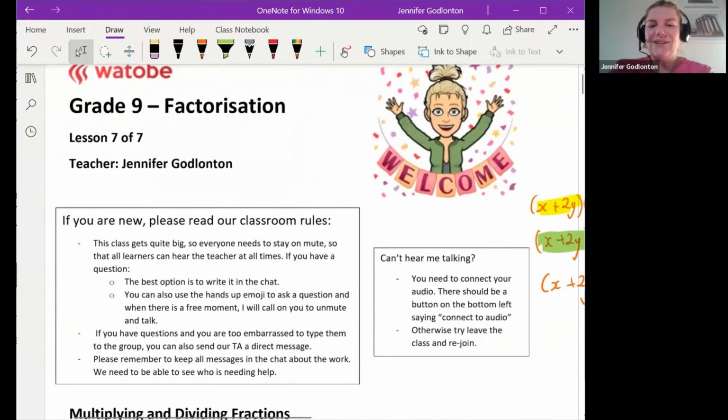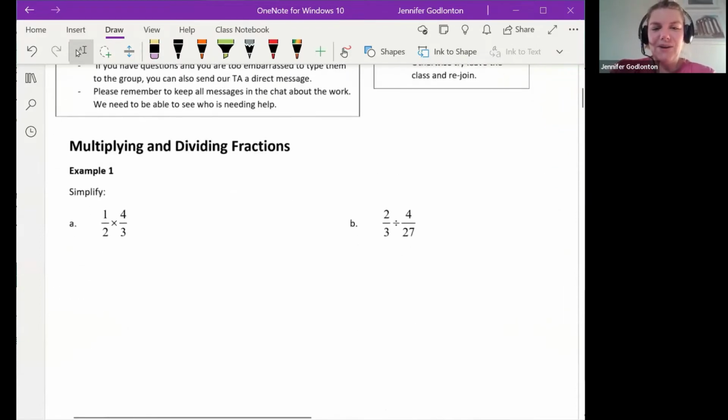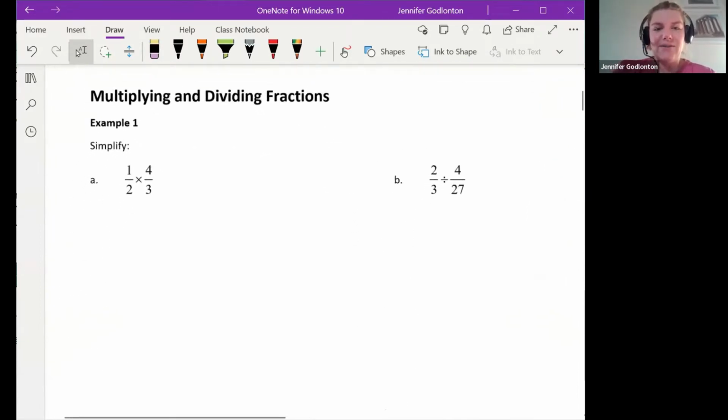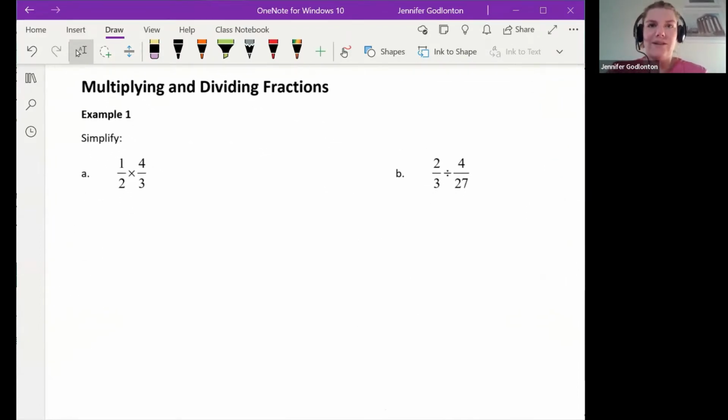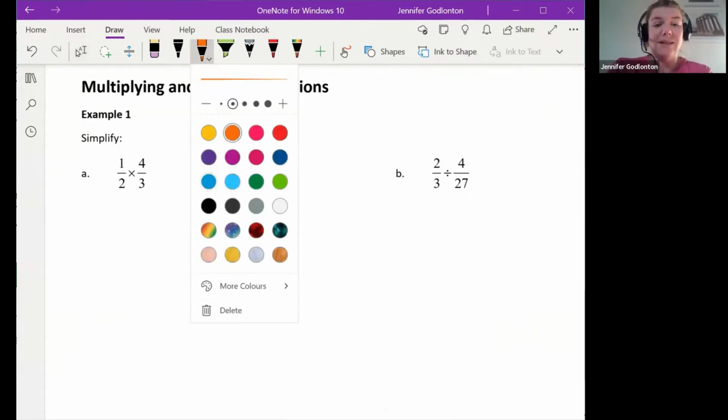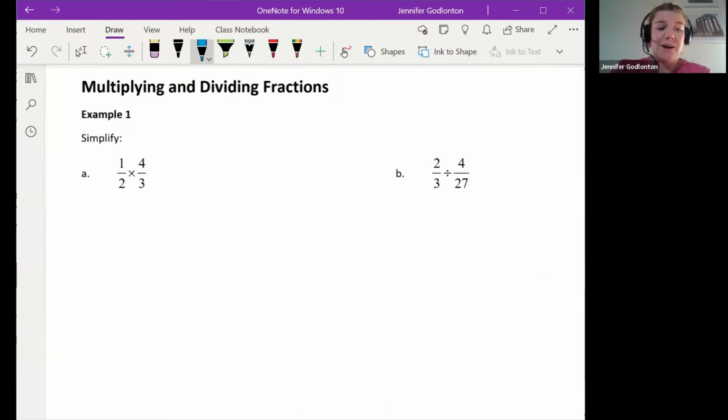Okay, so today we are going to look at multiplying and dividing fractions, but obviously with the factorization that we've been talking about over the last couple of lessons. Now, before we dive into factorization, I needed to make sure you actually remember, because we haven't dealt with this for quite a while. We need to check that you remember how to do multiplication and division of fractions. Okay. So if I have two fractions like this, where I have a half times 4/3,